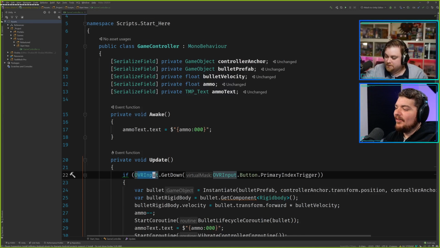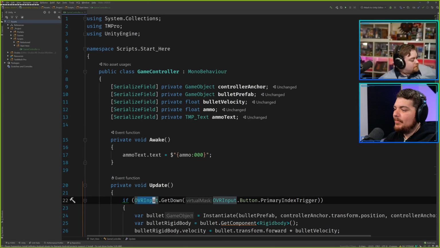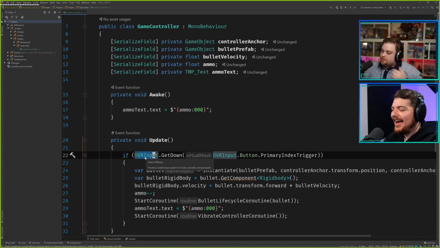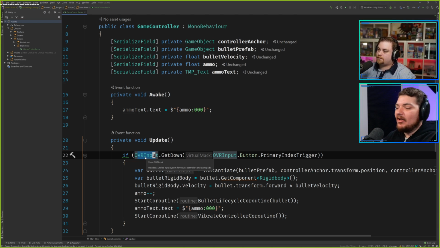It's funny, with things like TMP and even OVR, I usually hate that. I like Pascal case. I like naming classes things that are human readable, so to speak. And I see OVR input and it's like bleh.